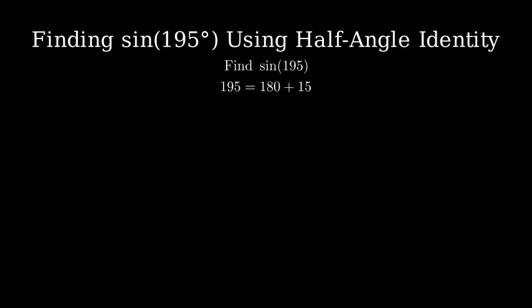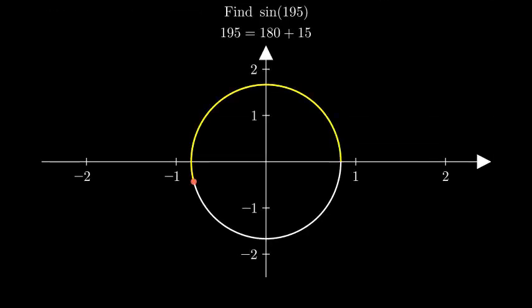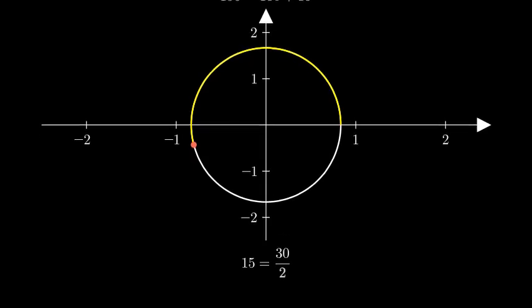195 degrees is equivalent to 180 degrees plus 15 degrees. On the unit circle, this means we go around halfway, then add 15 more degrees. Now, 15 degrees is half of 30 degrees, which is an angle we know well. This means we can use the half-angle identity to find sine of 15 degrees, and then use that to find